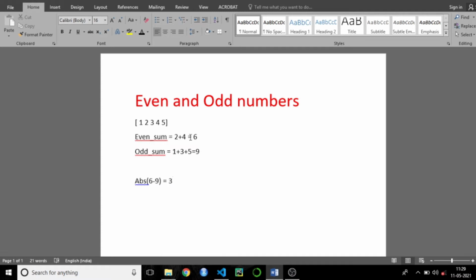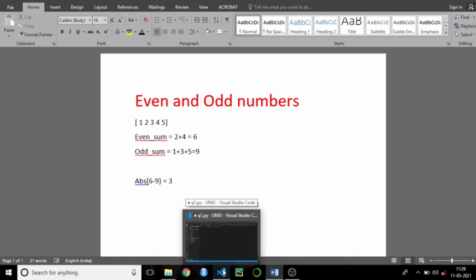They may ask in many different ways. They can ask to only print the even numbers in a list, or print just the odd numbers in a list. Otherwise they may ask to get all the even numbers, sum them and divide by 2, and get all the odd sum and divide that by 3, and finally get the absolute difference of that. They may ask in many different ways, but basically the even and odd number concept will remain the same. I will explain in code. Let's get into the code here.